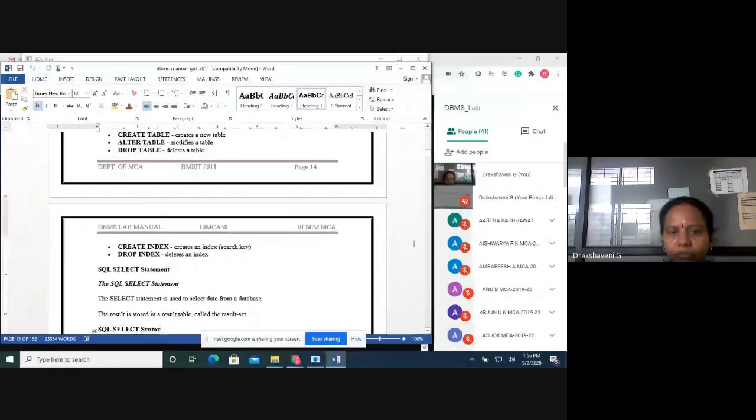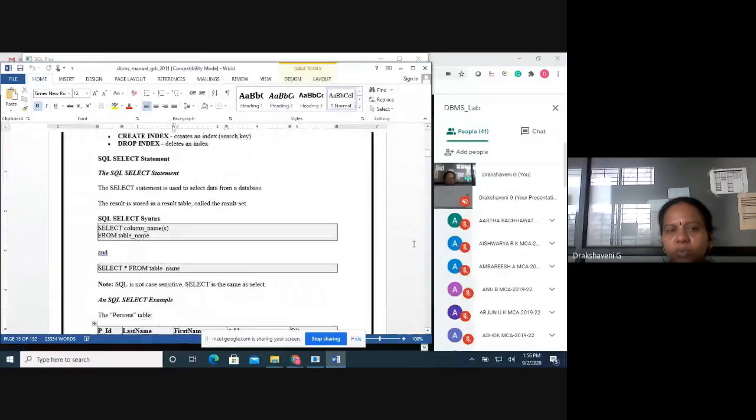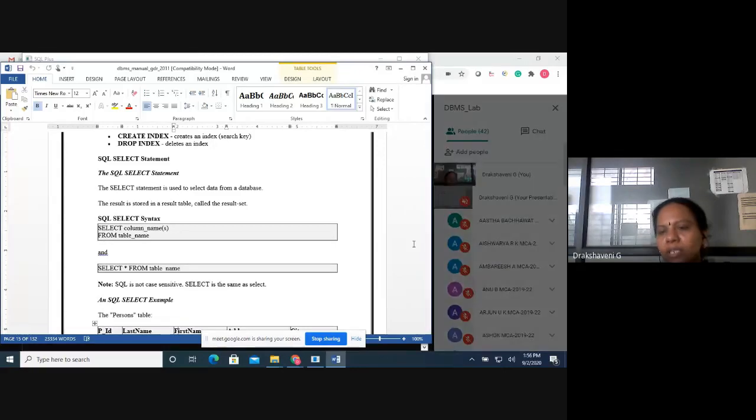What is the first one? Select. The syntax for select is: select column name from table. For example, select star from table. This will take all the table values, whatever is there in the table.